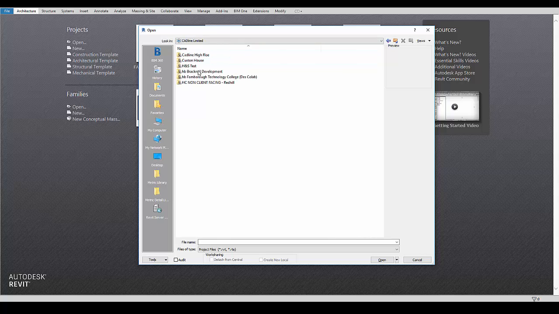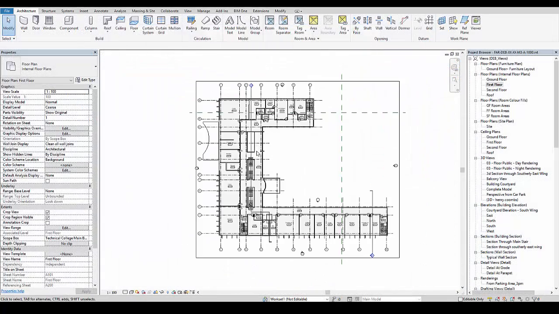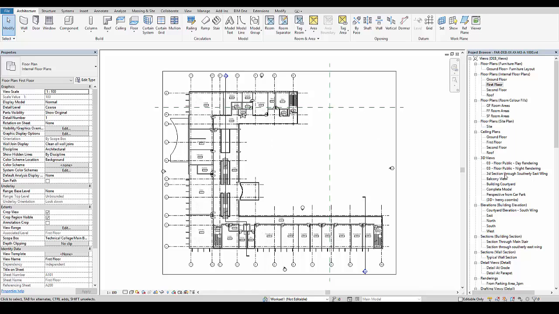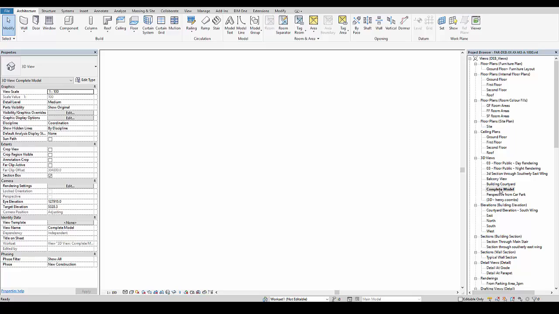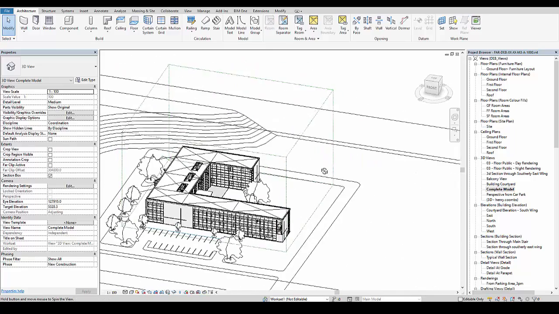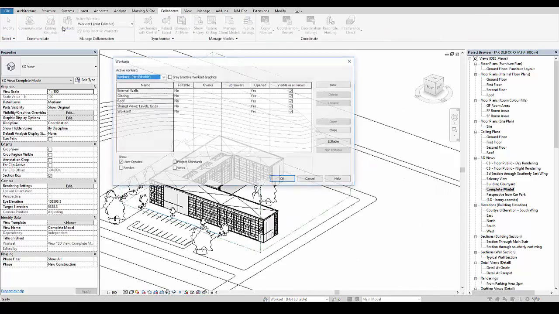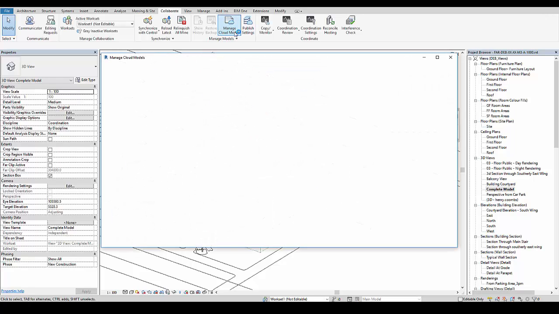BIM 360 Design provides a number of tools to enable design teams to collaborate faster and more efficiently on projects by reducing manual design and information management processes. Enabling a BIM 360 environment allows Revit teams to host a central model in the cloud that can be accessed and worked on by multiple users at the same time in a controlled, work-shared environment that we are all used